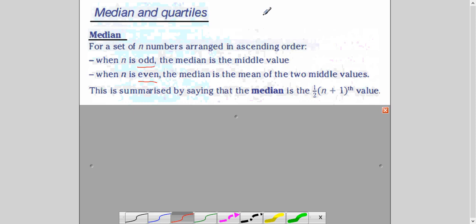Now for example, if it is a small data, suppose these are marks of 4 students out of 5: 2, 3, 5 and 5. If I ask you to find the median, in the even number case, you will have two central values. You will add them up and divide by 2. Similarly, if it is an odd number of data, suppose I have only 3 students, then my median will be one value. But that is possible only if you have a small data set and you can actually count it. If you have big data, then how will you find out which place value data you will pick up, right?